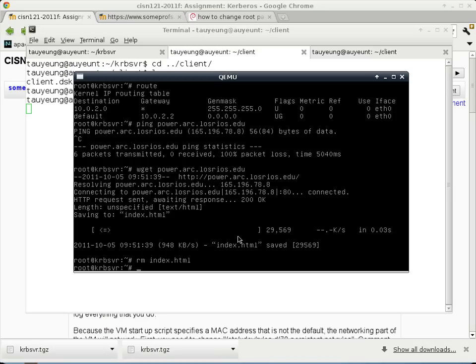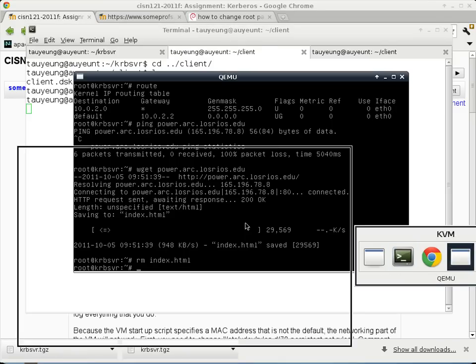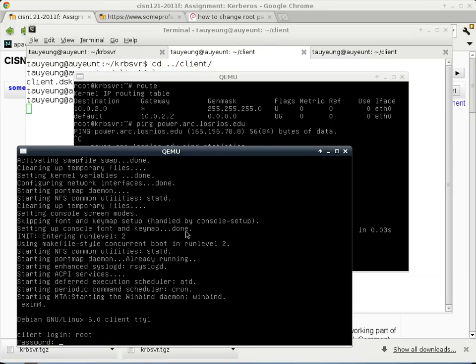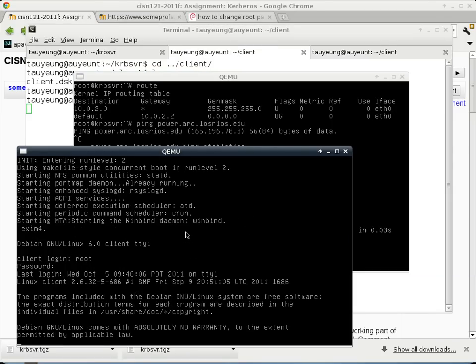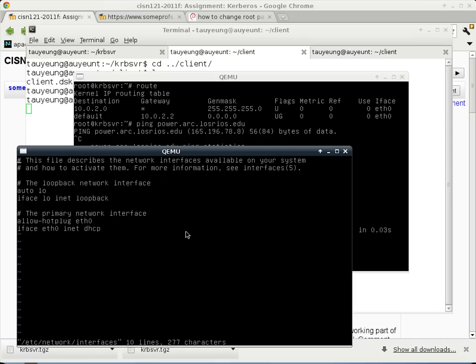So at this point, the server has static IP, and we have to do the same thing to the client machine. The client machine has a root password of customer by default, and then we have to do the same thing to network/interfaces. And then change DHCP to static, and we just have to make sure that it has a different address. The host environment has an address of 200 already. The virtual server has an address of 20, so we'll just go ahead and assign the usual 15 to the client,